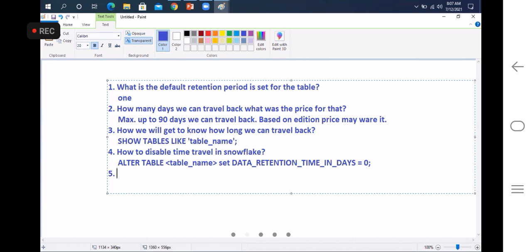Okay, so how can we increase the time travel days? In the same statement, instead of 0, you specify how many days you want to travel back. Okay, and the next question is,